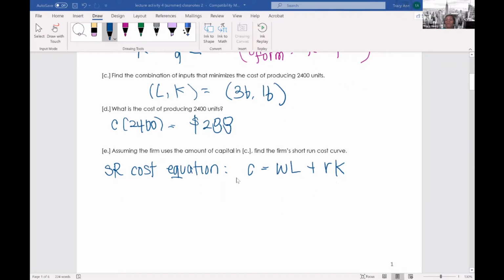And so what would be that short run cost curve? What would be that function? If we use our short run cost equation, then instead of plugging in numbers for labor and capital, now we know that we have to plug in variables, and we also know that we need these variables in terms of quantity, if you will. If we look at this question, it says that we're in the short run. So because we're in the short run, our capital is fixed. So with capital being fixed,